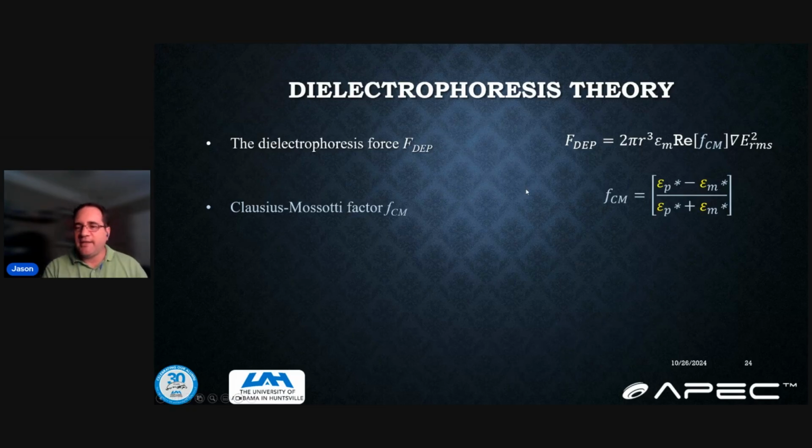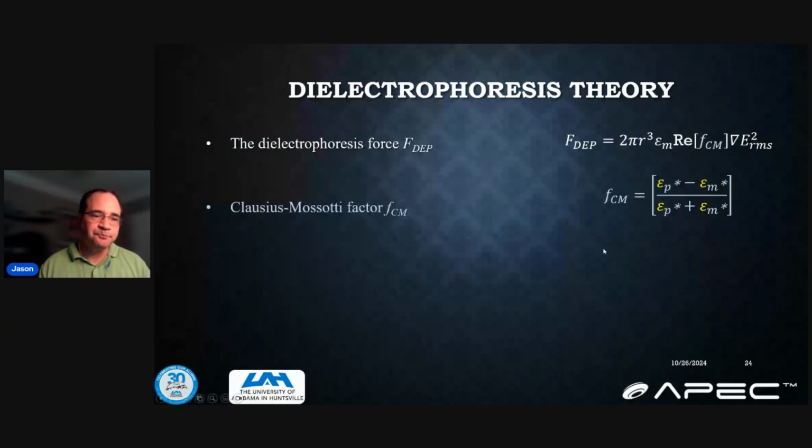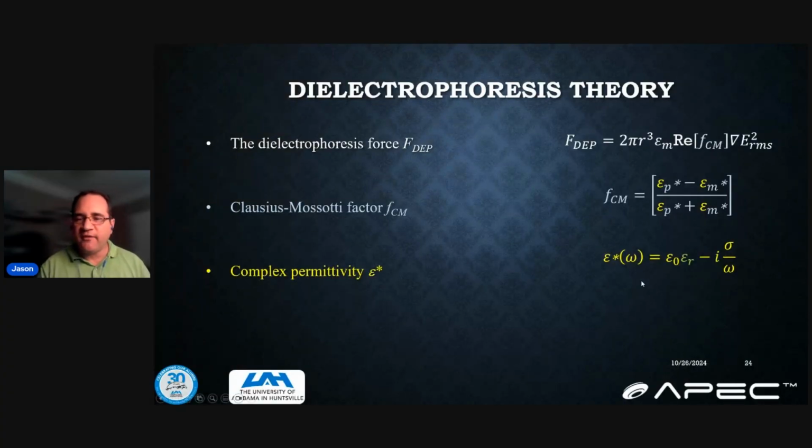The Clausius-Mossotti factor connects the relationship between the particle or people immersed in the field and the medium, that's the M part. In this case, it would be air. And so this gives you that relationship so that you can understand whether it's an attractive or a repulsion force. Medium doesn't have to be air, but obviously if you're dealing with humans on a spacecraft, it would be. The complex permittivity in this equation is applicable to both the particles and the medium,